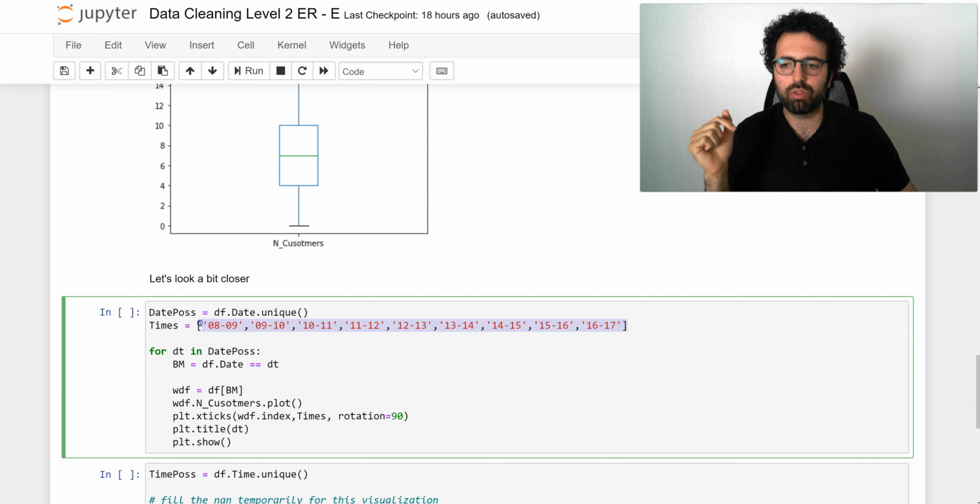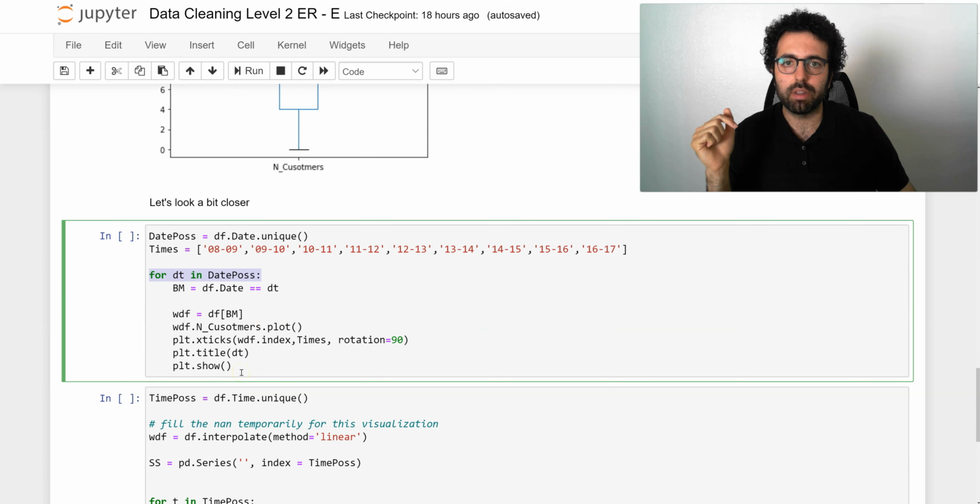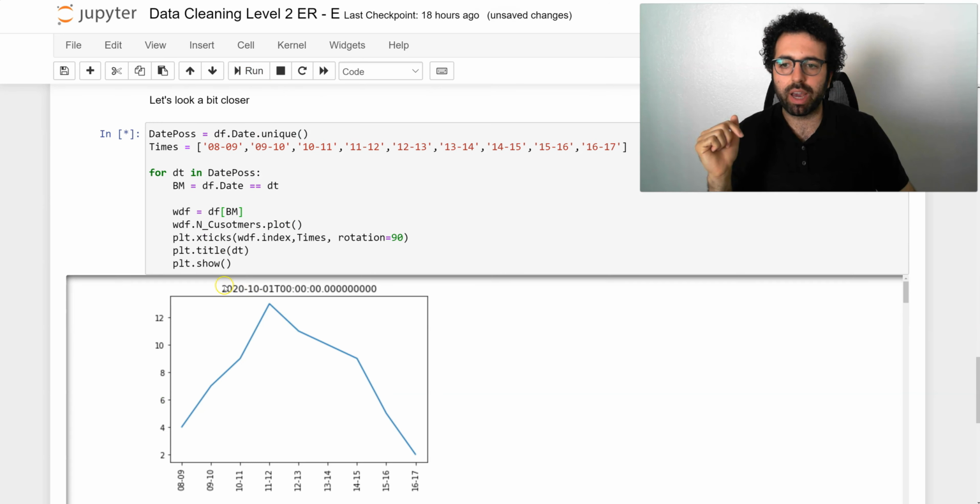So we need to separate our times. These are our possible times, and then we create loops, and the loops go over all of the date possibilities. So this is all of the date possibilities, and for every date we want to look at what happened in that day. So once we run this, now we have the 1st of October in 2020,